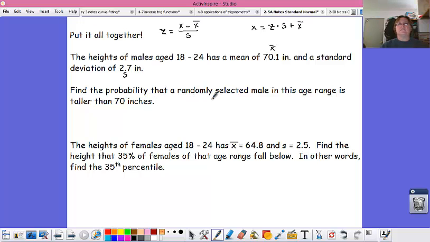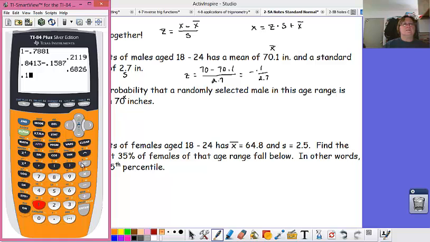Find the probability that a randomly selected male in this age range is taller than 70. If I were going to write that statement, I want the probability that z is greater than, and then I have to think, whoa, we don't have a z yet. We have a data value here, x. So we need to find a z. And we're going to say z will equal 70, that's our data value, minus the average over the standard deviation, and that would be negative 0.1 over 2.7,